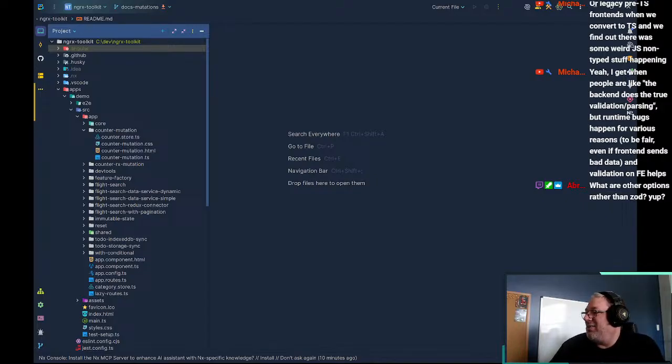Or like the backend does a true validation parsing, but runtime bugs happen for various reasons. To be fair, even if the front end sends bad data, there's validation on the front end. Yeah, and this is, so right now,